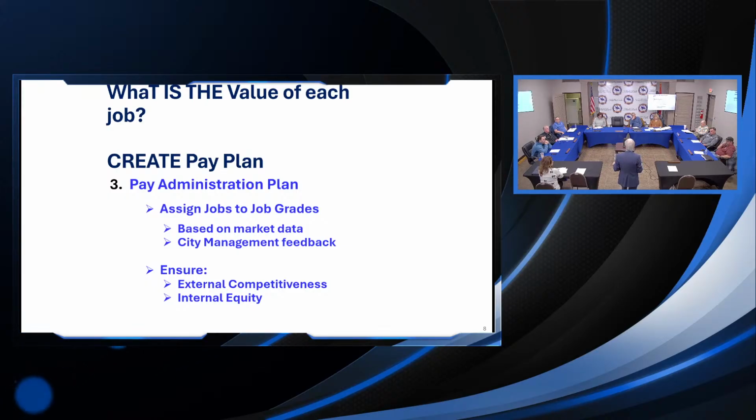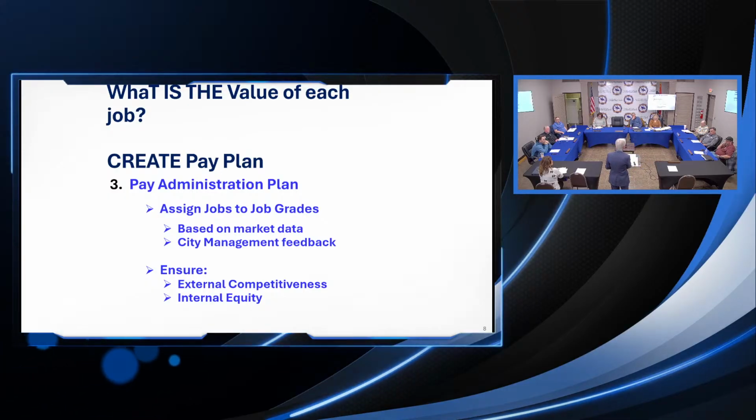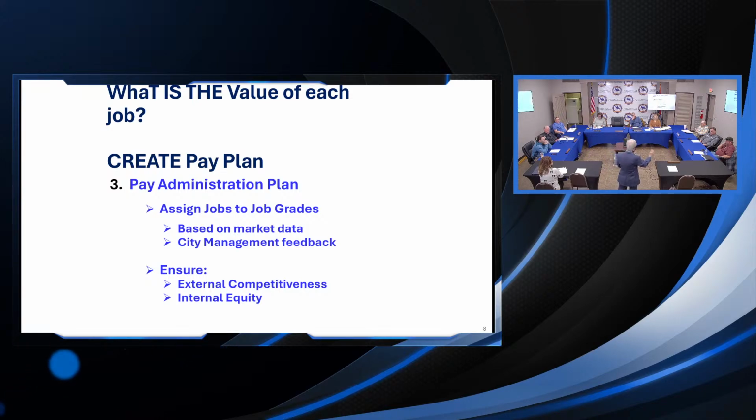So sometimes there's some tweaking going on. Usually it's a result of us not understanding completely the nature of the job, so we have matched it inappropriately to the two databases. And so we'll talk, okay, we got the wrong job match. So we'll go back and match it to a more appropriate, a better match in each database.